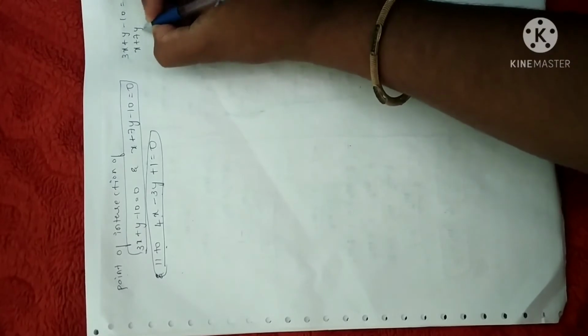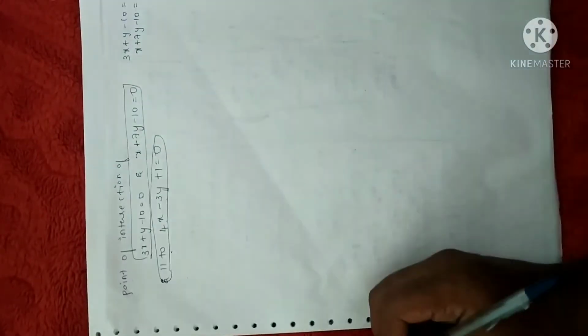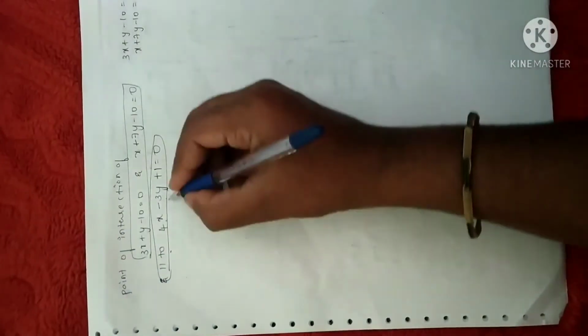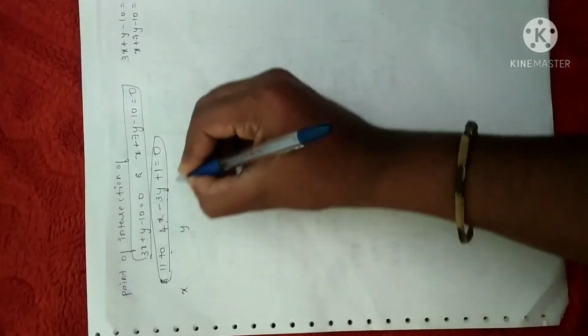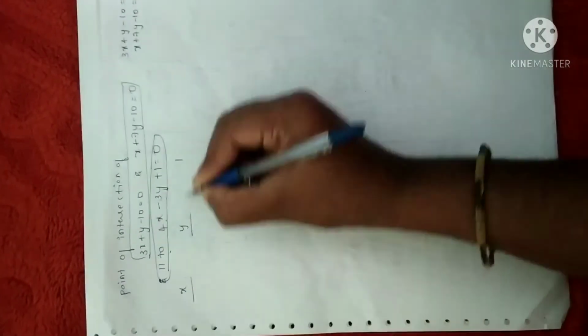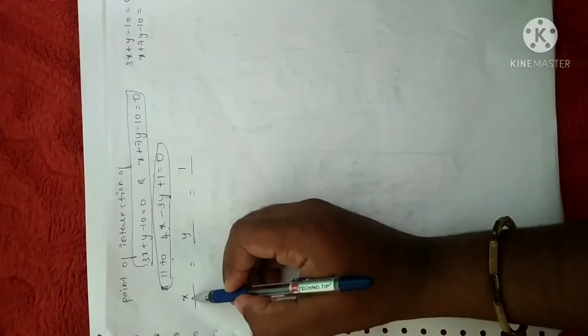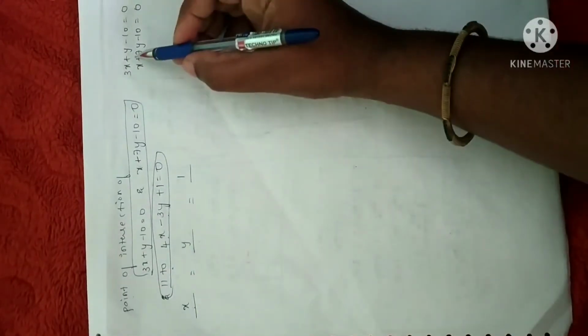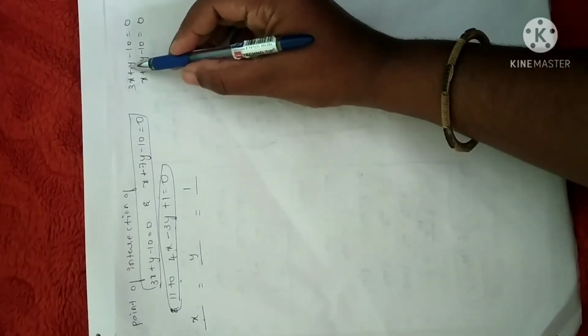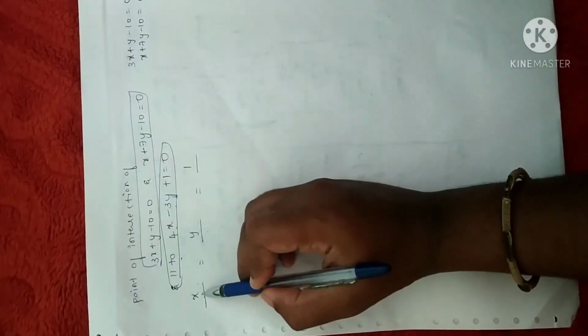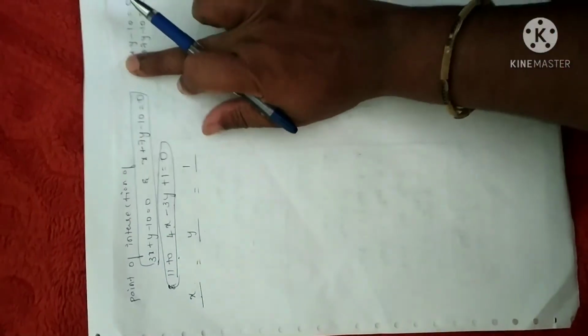x plus 7y minus 10 is equal to 0. Fine. Now what is the variable we have? x and y and 1, divided by, you have to write an equals in between. Fine. Now since I am listing the coefficient of x here, forget about x. Write down the coefficients of y first. Here you have a variable x, so leave x.